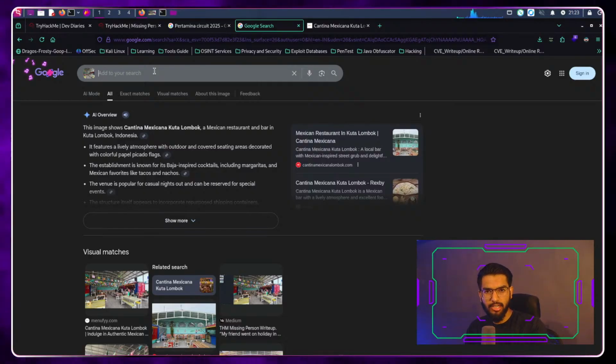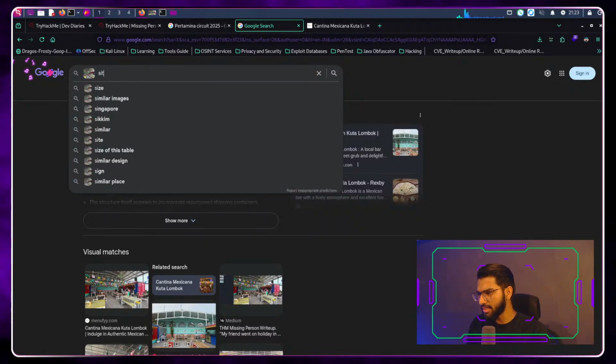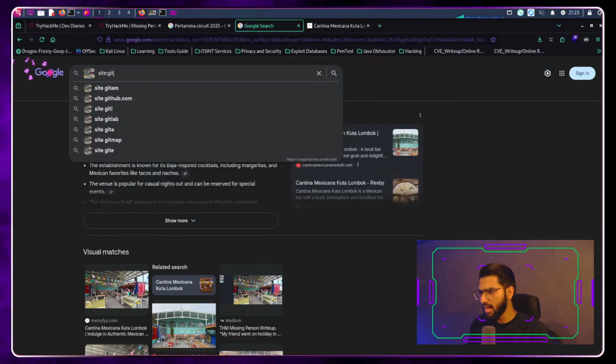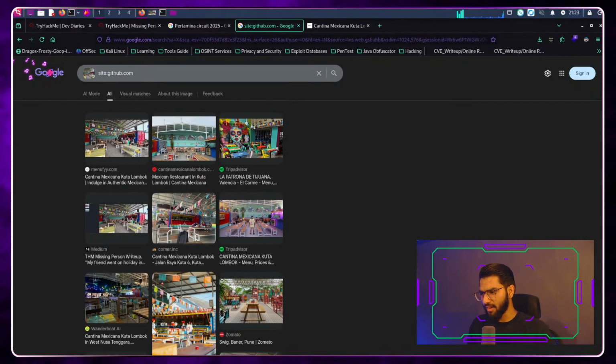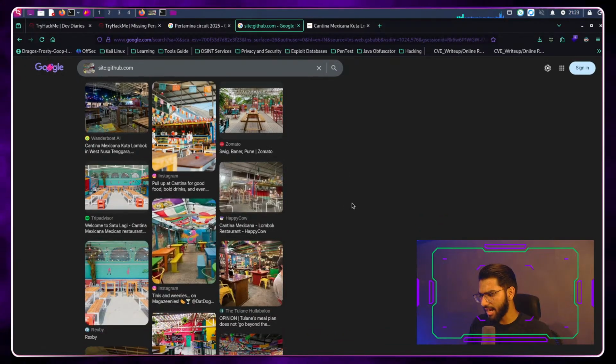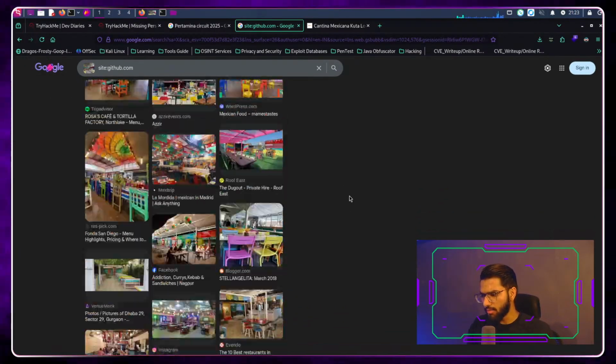You can have such filters added to a Google search also. Those are called operators that we use, like I can say site, and then specify which site I want to see this from. Let's say github.com, just as an example. Now anything where this image matches with the site github.com would be present here.